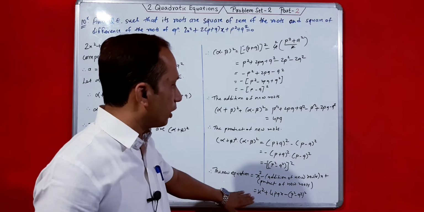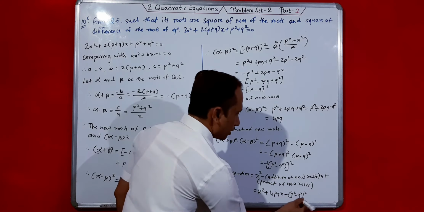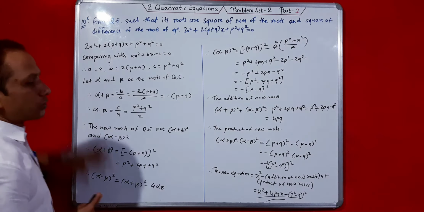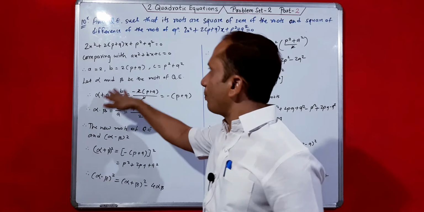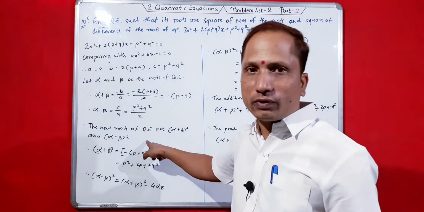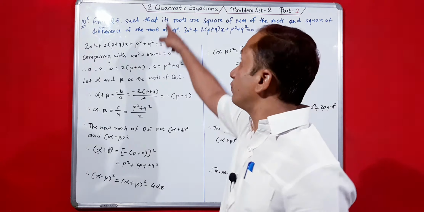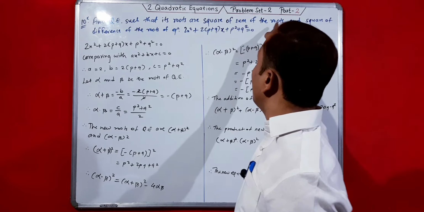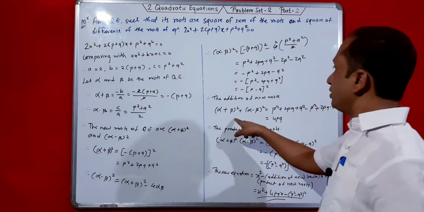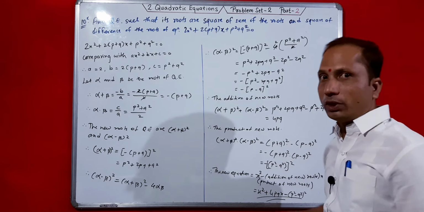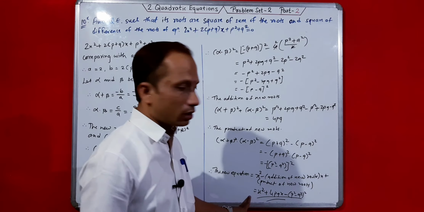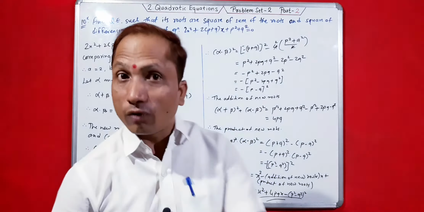You have to use this formula and you'll get this equation, and this is known as the new equation. Do the complete process first. Compare, let alpha beta be the roots, and the new roots will be alpha plus beta square and alpha minus beta square, the square of the sum of the roots and the difference of the roots. Then put the values, add these new roots, and then multiply them. Product and addition, and then finally you get the new equation, and this equation is here. So this is the final solution for question number 10.